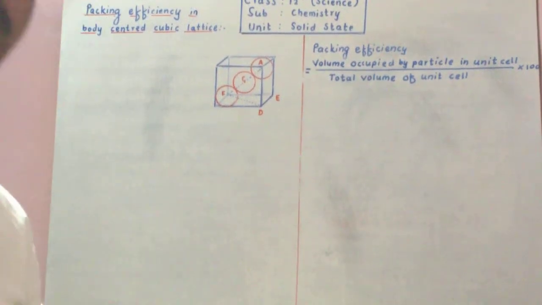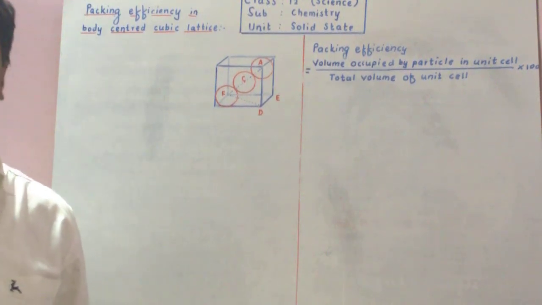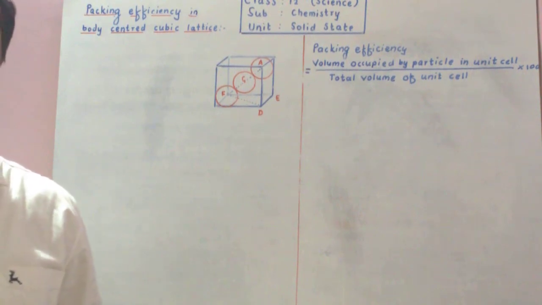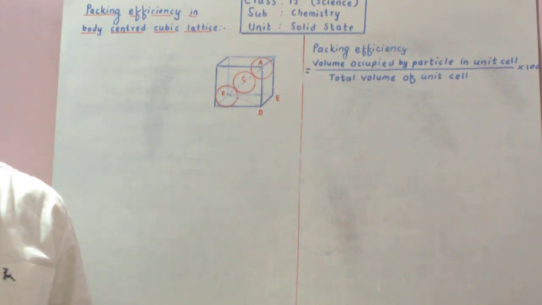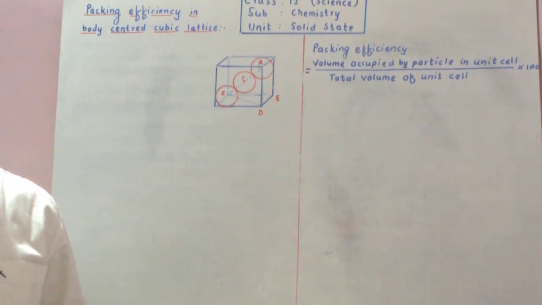Hello students, we have studied packing efficiency in simple cubic lattice. Now we are going to study packing efficiency in body centered cubic lattice. In body centered cubic lattice, there are two particles present in the cubic cell. So one particle is present at the 8 corners of that cubic unit cell, and one particle is present in the center of that cubic unit cell like this,